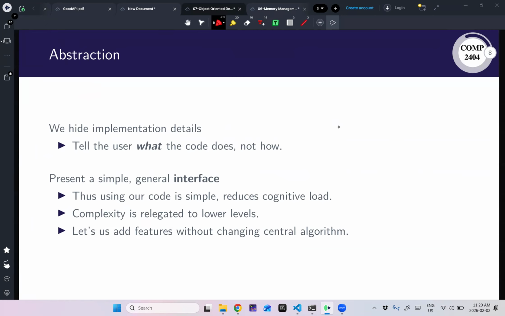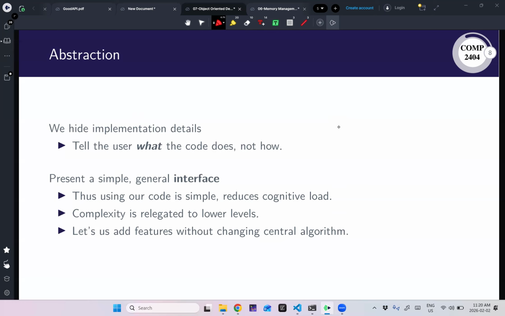I used to give different definitions, but it's such a minor difference. I think they really belong together. Essentially, we're hiding implementation details behind a general interface. That's the whole thing, really.